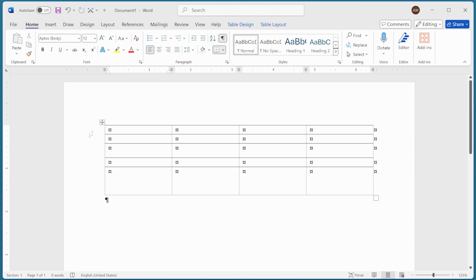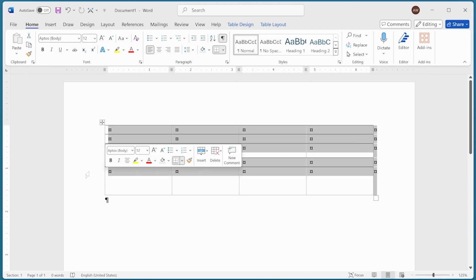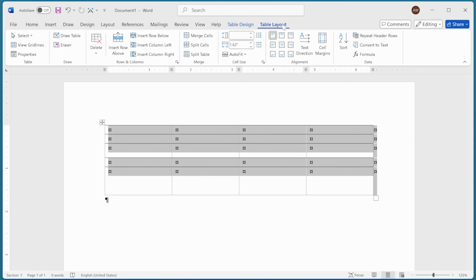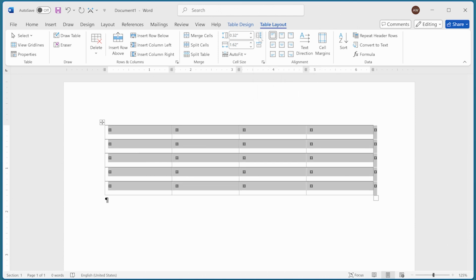In this case, I'm going to select this entire table right here. Then, make sure that the Table Layout tab of the ribbon is displayed. In the Cell Size group, you can see a tool called Distribute Rows. You may have to hover the mouse over it in order to see it, but that's the name of the tool, Distribute Rows. Click this tool once, and Word changes the row heights of the selected rows to reflect your